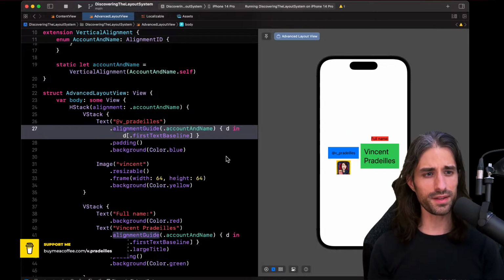But this one, if you don't get it, it's complicated to be efficient at SwiftUI because if you don't understand really how the layout system works, you're always experimenting and you're never really sure of what you're doing. So I hope that these 2 hours have given you a nice overview of how the SwiftUI layout system works.